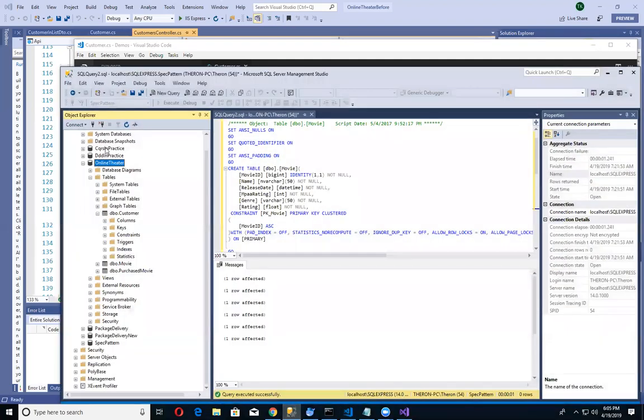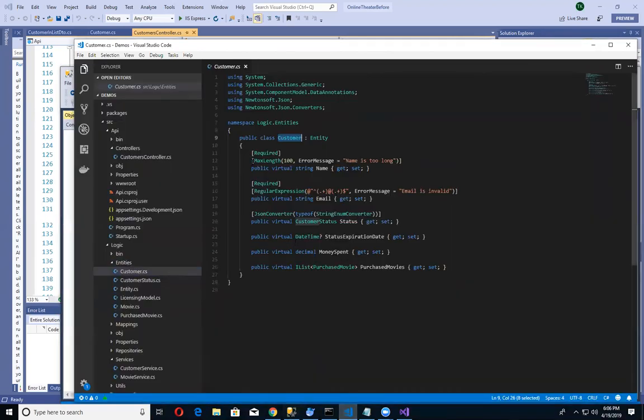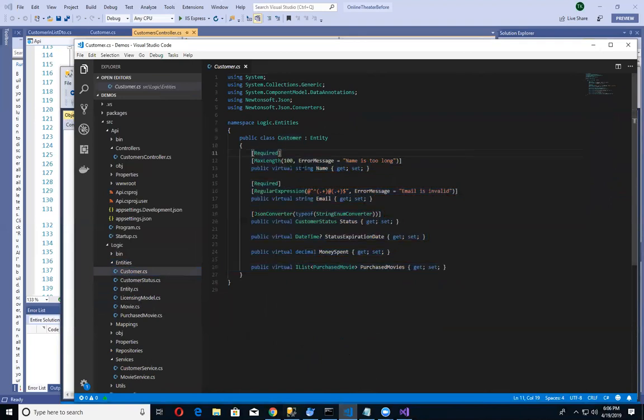So if you look here, we have our customer table, and then we have our columns. So we've got our name and email and status expiration date. Pretty much what we have here, and many of us who have been doing a lot of this development with ASP.NET, we've been taught this.